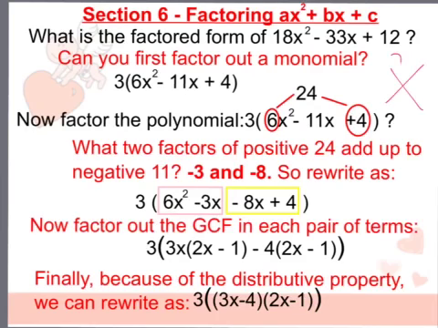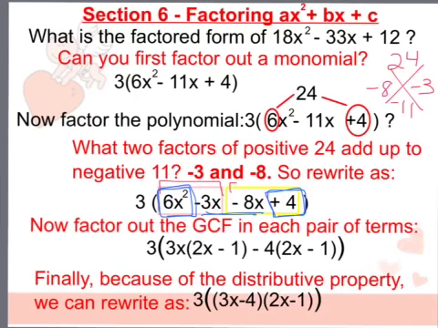What two factors of positive 24 add up to negative 11? Well, that's going to be negative 8 and negative 3. So again, we rewrite the ax squared term. We rewrite the c term. In the middle, we write negative 3x and negative 8x. So we take these two numbers we found and we basically put an x next to them and they're going in the middle. And we're going to take the GCF of the first two and the GCF of the last